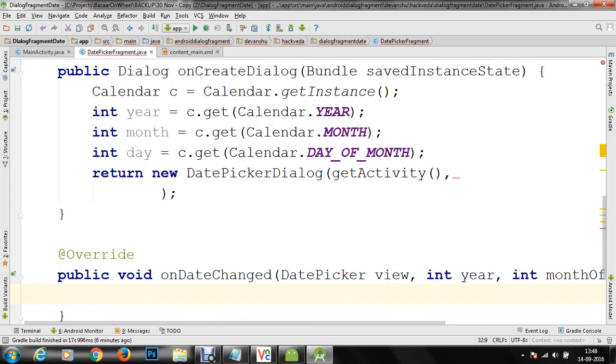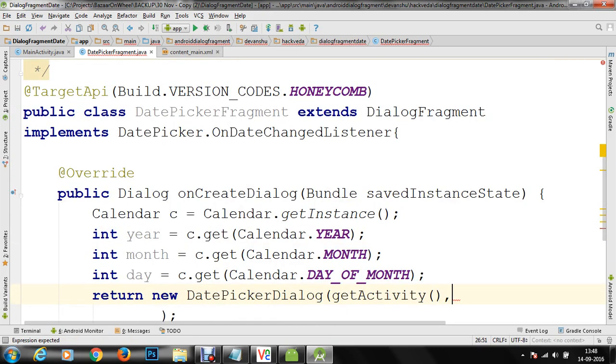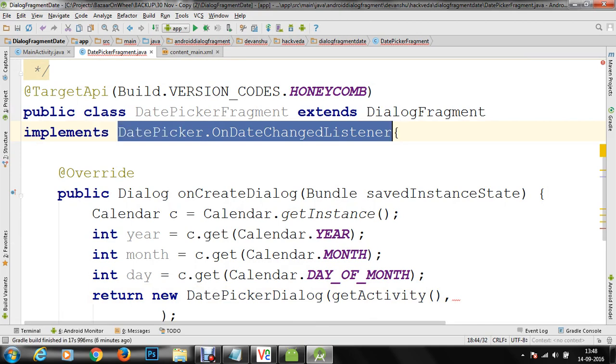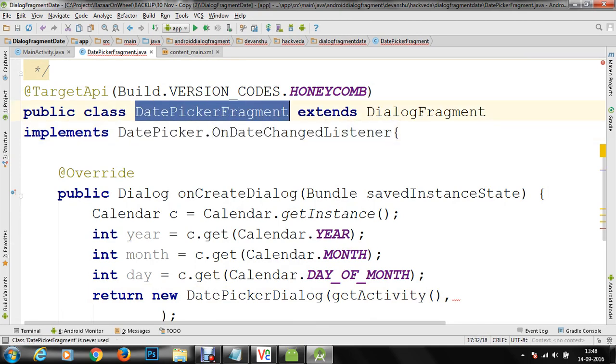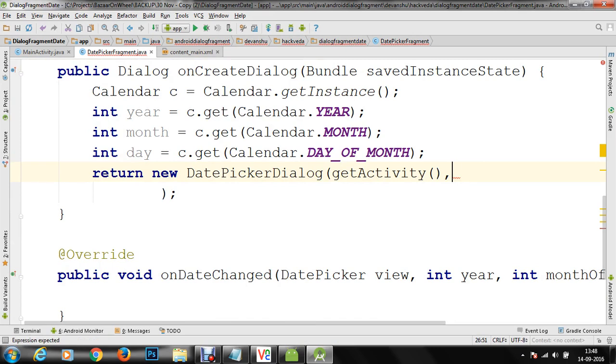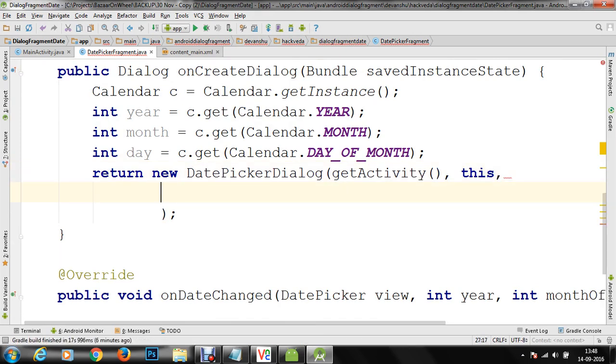So now we are going to pass in the instance of OnDateChangedListener, which is implemented within our current class, that is DatePickerFragment. So we are going to refer the class using this keyword, and finally we have to specify the information of our year, month and day.